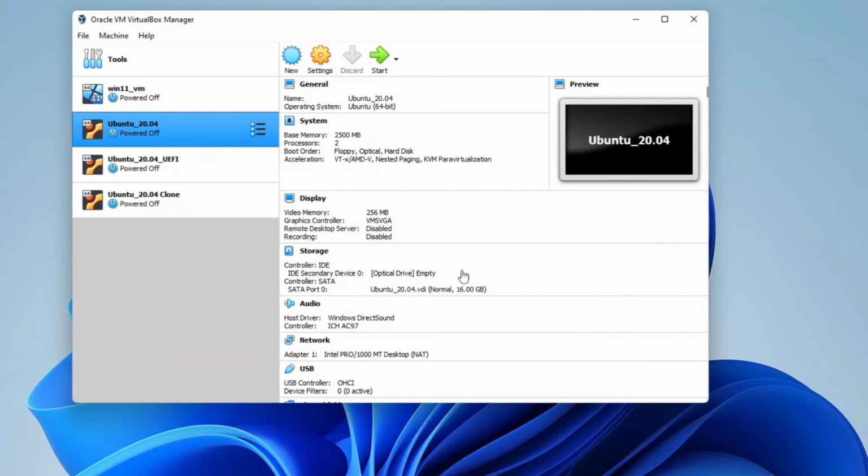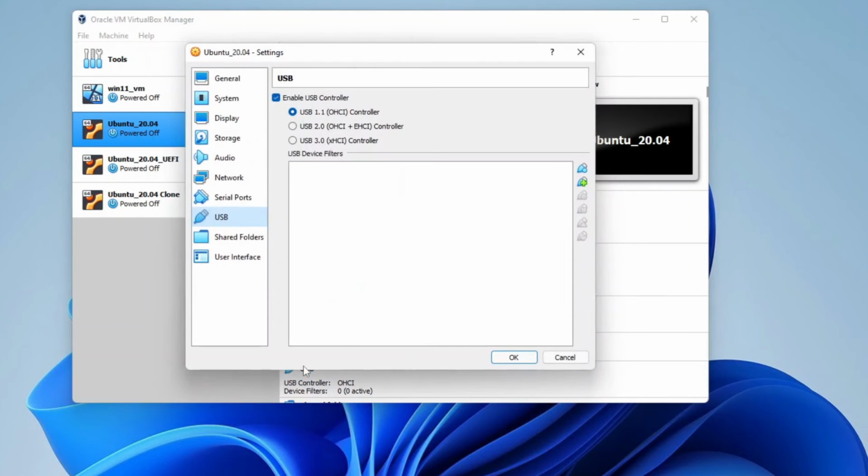Let's open again the USB settings for our virtual machine. And now, in addition to USB 1, we also have USB 2 and USB 3. So let's choose USB 3. And now, when we click on the green plus icon,